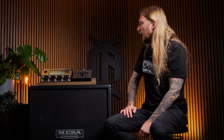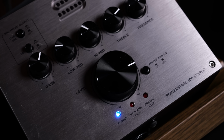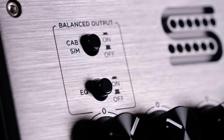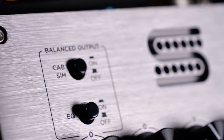But then I saw that Seymour Duncan had a new competitor in town, the Powerstage 100 Stereo. And the cool thing about this is that it's a stereo power amplifier, 2x100 at 4 ohms. It also has a balanced output with a cab simulated output, basically. Even though it's cool that it's in stereo, what has me the most excited is the addition of